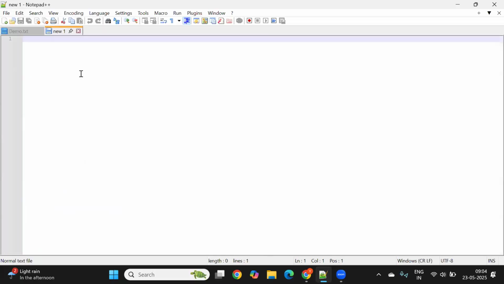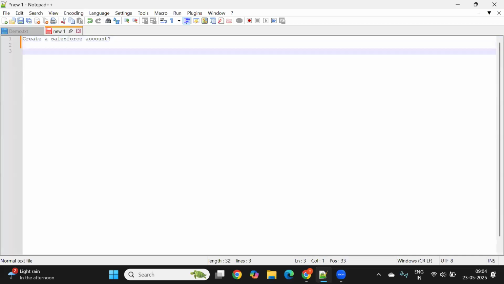Let me take the help of a new notepad. So first thing, create a Salesforce account. After the class, I would request you also to create a Salesforce account so that whatever topics we perform in the class, you also perform the same activities on your trial account. To start with the trial account, there are different URLs in the market where you can log into Salesforce and create an account. But try to use